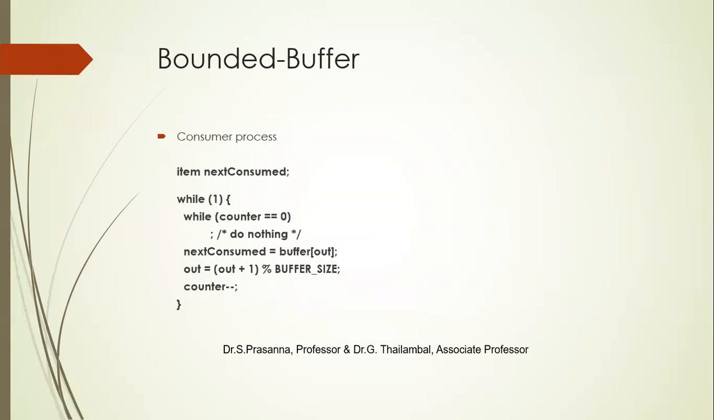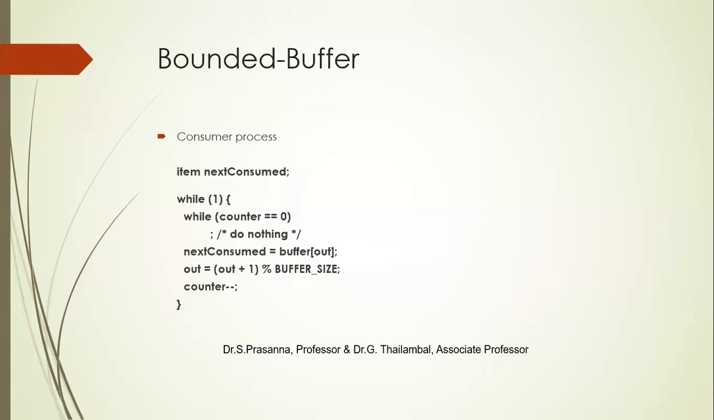When it comes to the consumer process, it will check the counter. If the counter is 0, it means no item has been produced. But otherwise, it will consume the items stored in the buffer with the help of the array variable out. So buffer of out holds the first value that was already produced by the producer, and it is stored in next consumed. So the consumer can consume the item from the next consumed variable, and out will be incremented